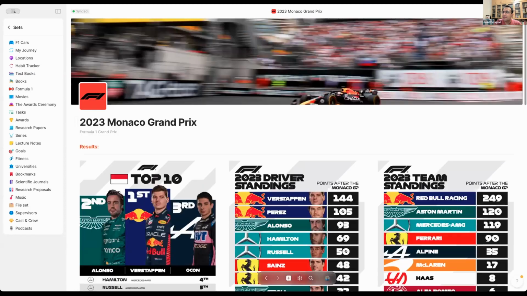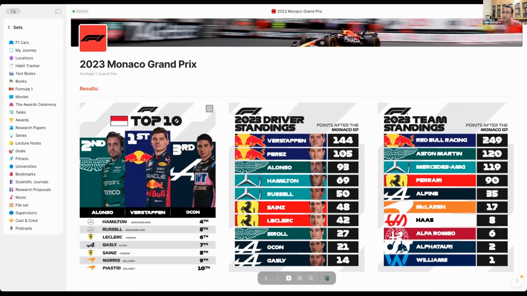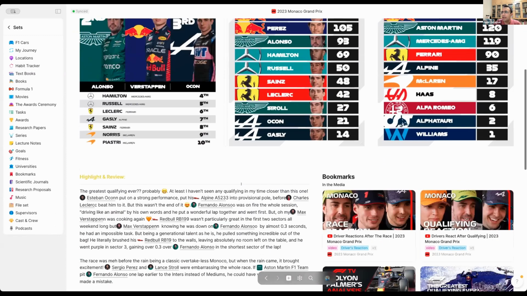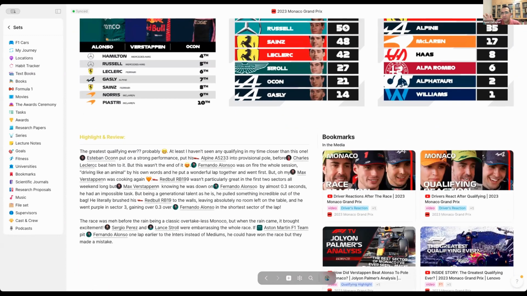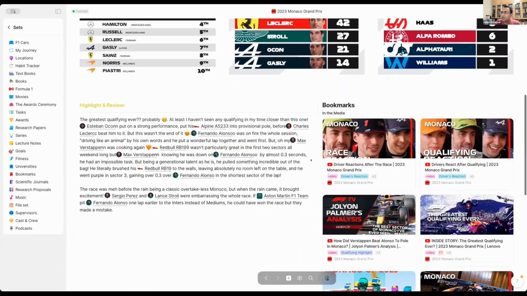Again, I've taken the liberty to set a custom icon for everything and some background from the event. Some of the results that I've taken from the Twitter account of Formula One. And this is, again, part of the personalization that I wanted to have for myself. For example, a short review of the whole event, either qualifying or the race itself, and some of the bookmarks